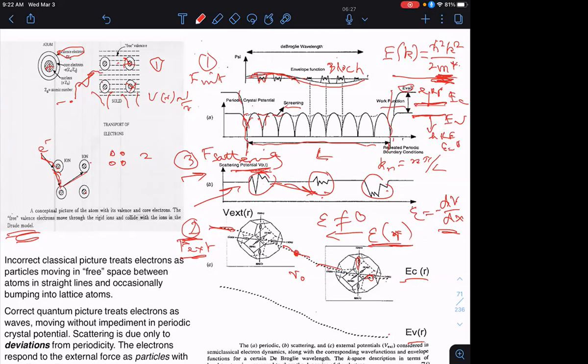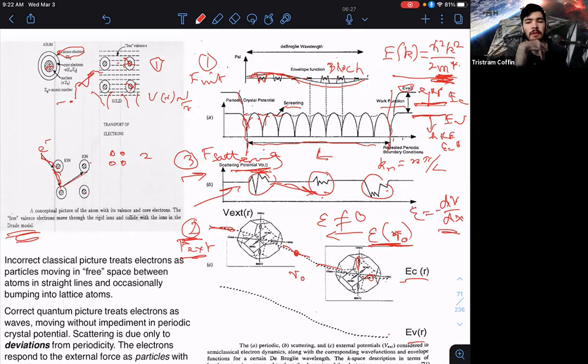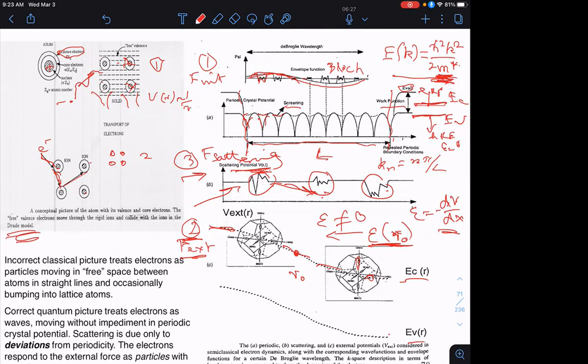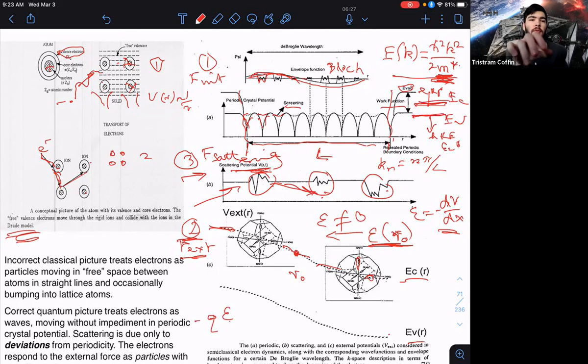If I have electric field E at this location, electrons have a charge of minus Q. What is the force on the electron then? The external force. If the field isn't changing, though, isn't there no force being exerted on it? Like, doesn't it have to be moving? No. The force is given by charge times electric field. So if the electric field is 0, in flat bands, there are no external forces. But if